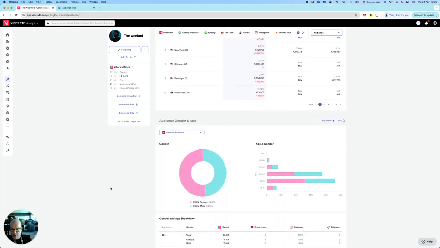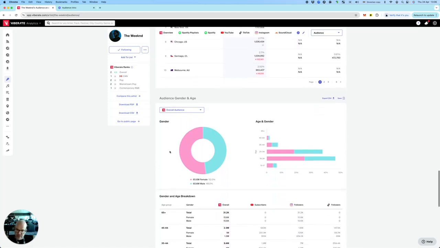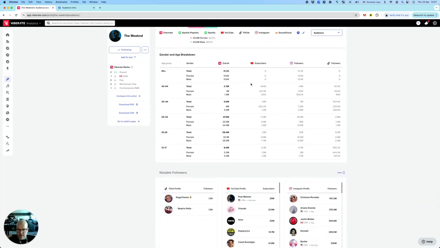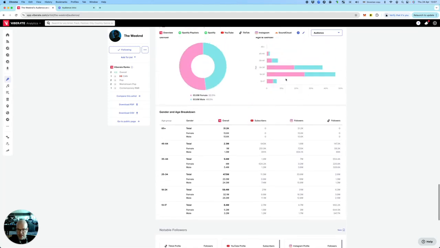And then moving away from the geolocation to the demographics. So The Weeknd has almost a 50-50 ratio between males and females, and a slightly younger audience. So 18 to 24 and then 25 to 34. So we can say, okay, 18 to 34 years of age, that's the sweet spot. So why is this important? Because you want to target channels that mostly match the demographic profile of the audience of this artist. So this is a chart, and then you have a detailed breakdown of that same chart.